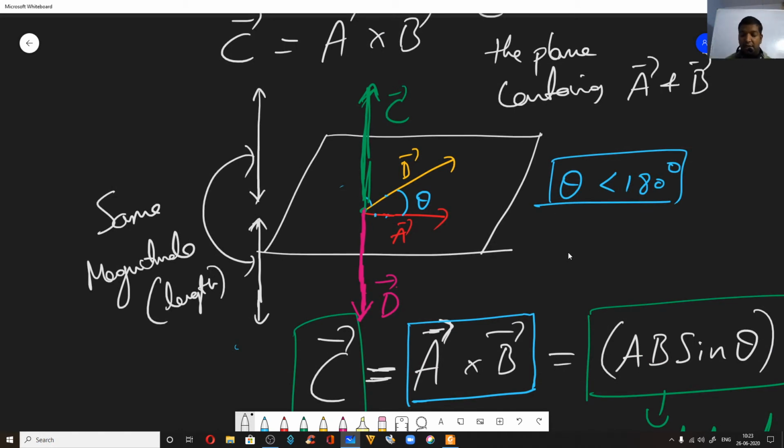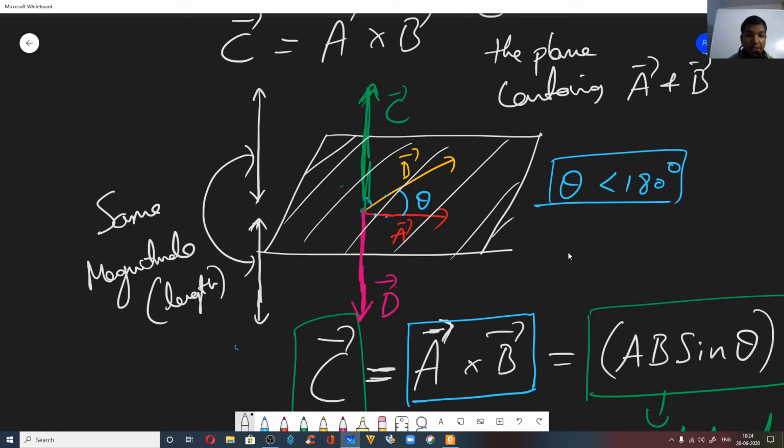Now as I told you, with respect to this diagram, both C and D are perpendicular to the plane. That plane means this white plane, whatever I have drawn here, that horizontal plane. But the vector C is A cross B, hence it is pointing upwards. Now vector D, just try to imagine that your four fingers are along B. Then you are doing B cross A. When you do B cross A, your thumb is pointing downwards. So therefore vector D is pointing downwards. So easily you can say vector C and D are equal in magnitude but opposite in direction.